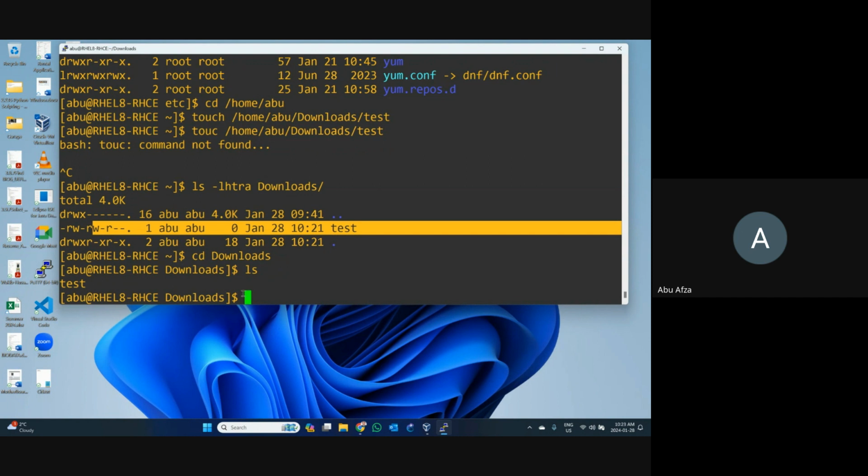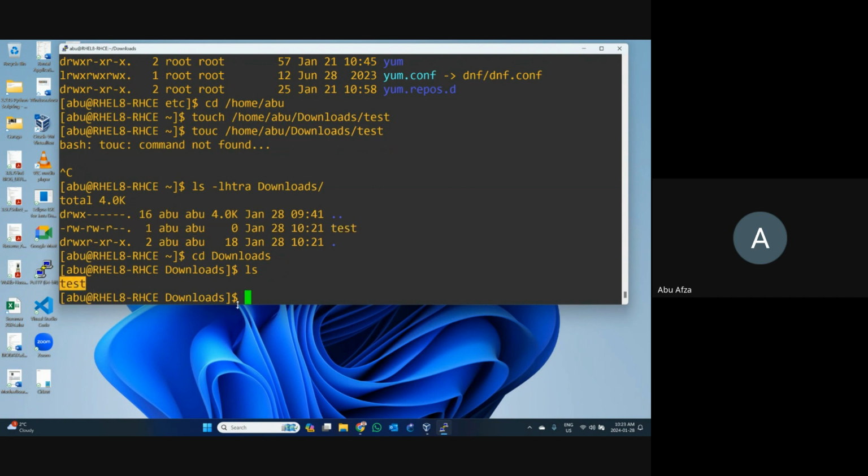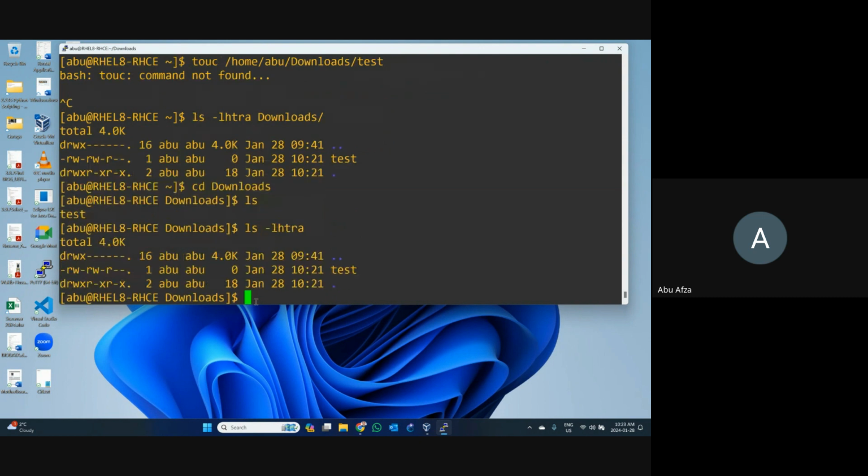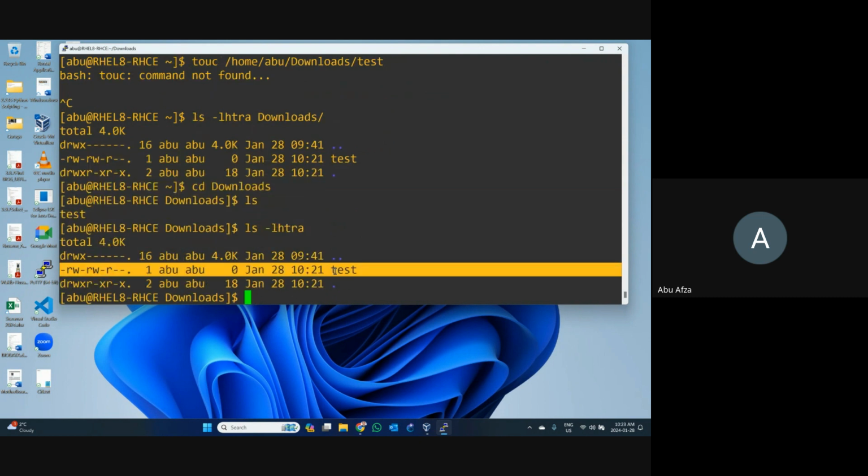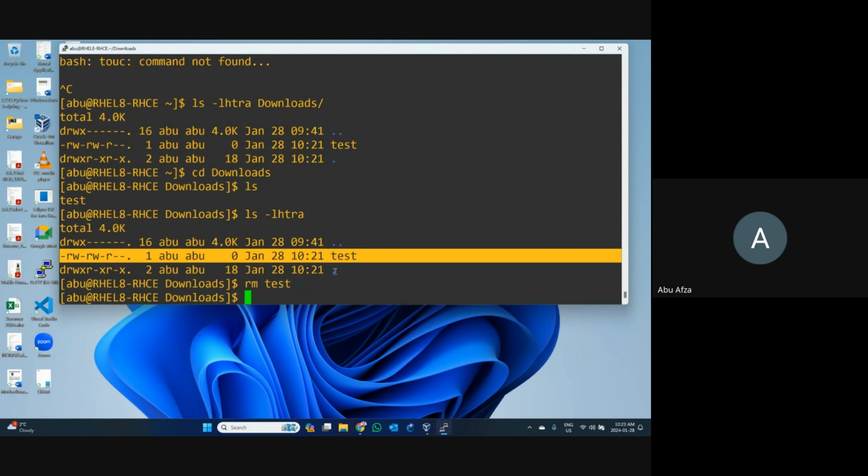So that means we can see my file is available. Let's remove that file. Before removing, let me check again using this command. Then we can see the detailed information. This file, I created right now. Okay. Let's remove it. How to remove it? If you want to remove anything, write rm, remove, delete. Remove means delete in here. Paste. You can see I cannot see any error message. If I cannot see any error message, that means it worked perfectly fine.